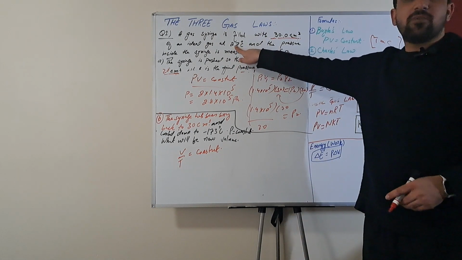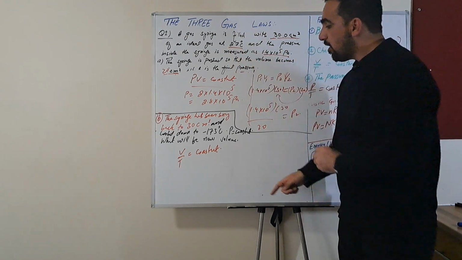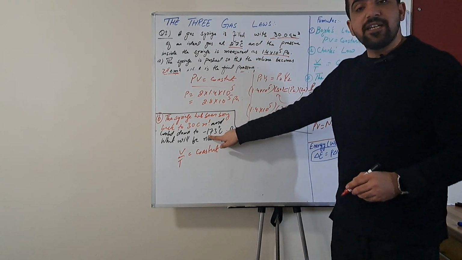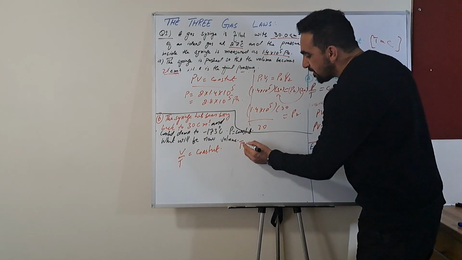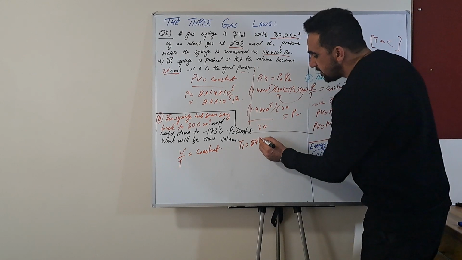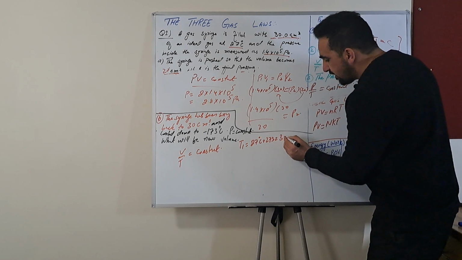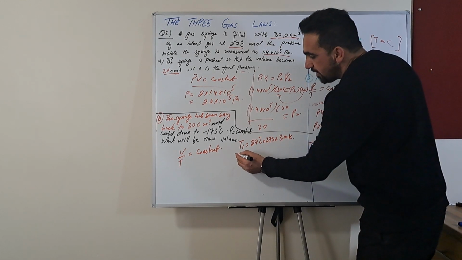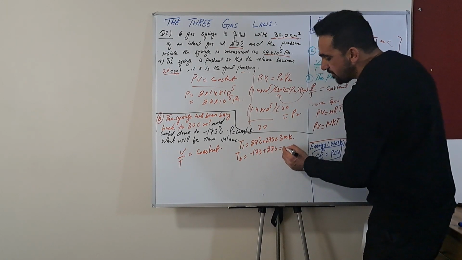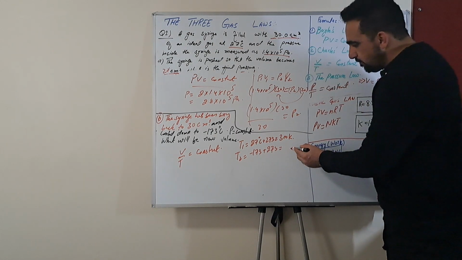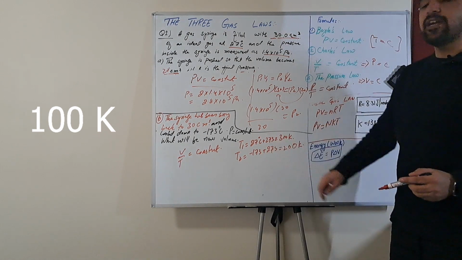And the initial temperature was 27 degrees centigrade. From here, we have to bring the temperature back to minus 173 degrees centigrade. So for simplicity, I say temperature 1 is equal to 27 degrees centigrade plus 273 Kelvin. So this will become equal to 300 Kelvin. And similarly, T2 is equal to minus 173 plus 273 to convert into Kelvins, and this will become equal to 200 Kelvin. So we got T1 and T2.